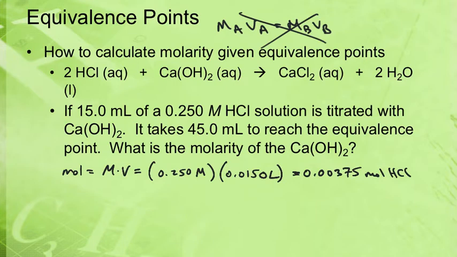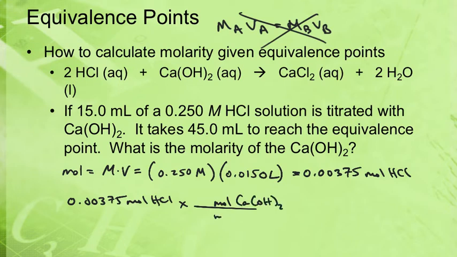We then need to figure out the amount of moles of base. So we're going to use just a one-step stoichiometry problem here. We're going to have 0.00375 moles of HCl times, we're turning this into calcium hydroxide, so setting it up with moles of calcium hydroxide on the top and moles of HCl on the bottom. That's 1/2, so we'll divide that number in half, and we'll write this with 3 sig figs, 0.00188 moles of